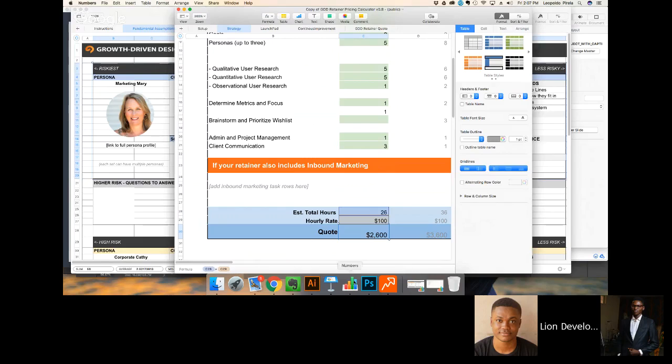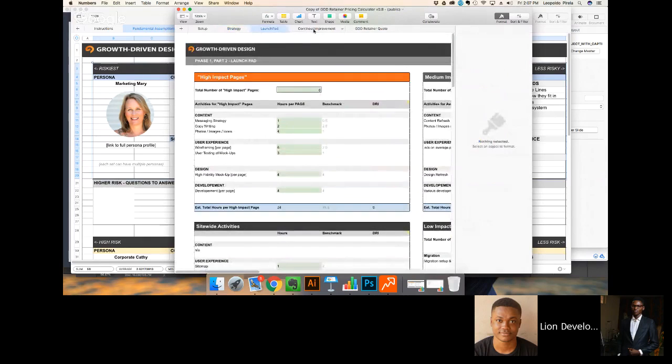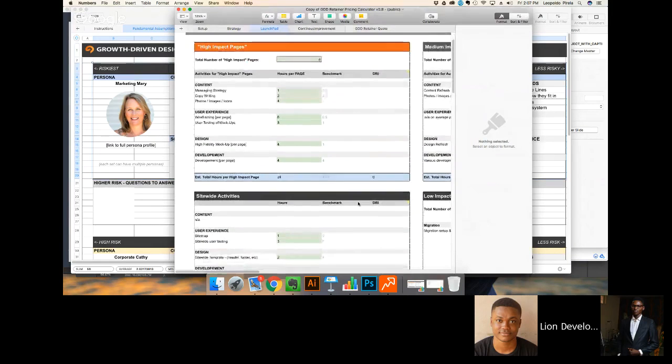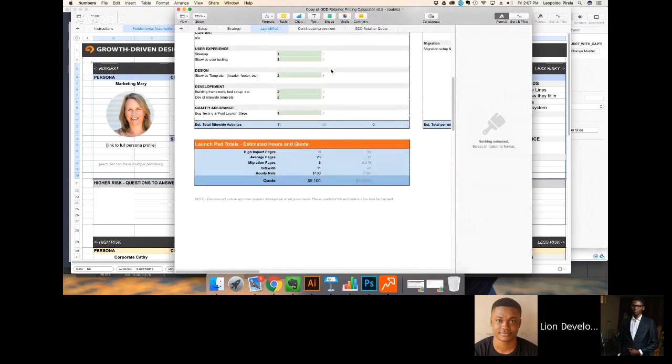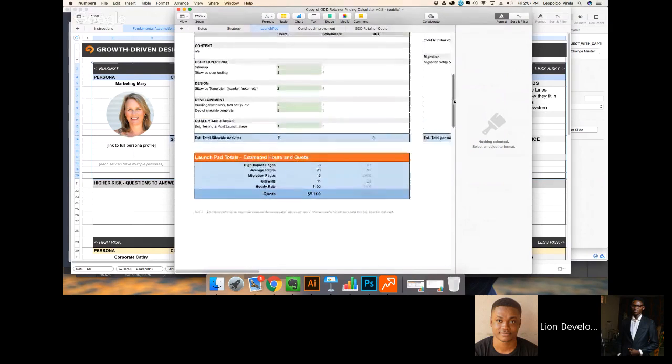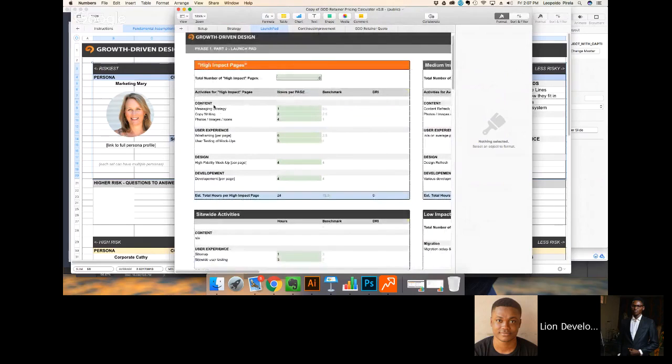Okay, I get that. And the same thing for the other parts. That's the launch pad. So just tell them, well, this is the cost and that's it. But you can give them a nice breakdown of the number of pages that are going to be built, the requirement of the content and whatnot. Just be open with the tasks and what it takes, but don't talk too much about hours.